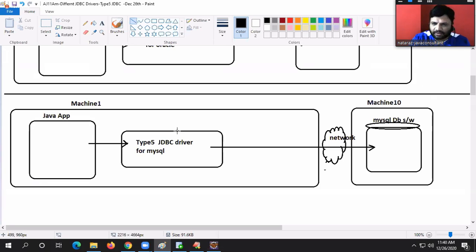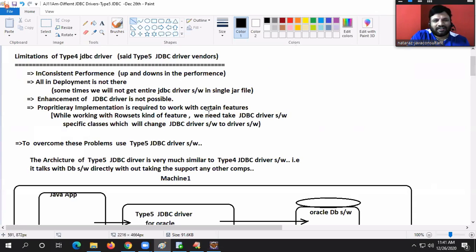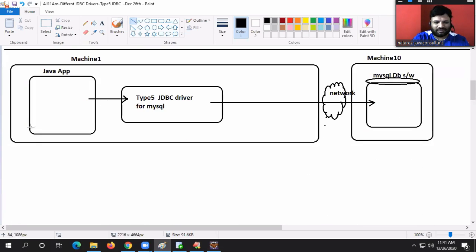So this is about the type 5 driver. Sorry, it is looking the same as the type 4 driver. That's what I said. That's the reason Sun Microsystems and Oracle Corporation are not officially recognizing this fellow, because it is literally looking the same as the type 4 driver. Everyone got the clarity, guys? Are you understanding my statement? Copycat. Only the thing is we solve these problems. These are also not real problems.